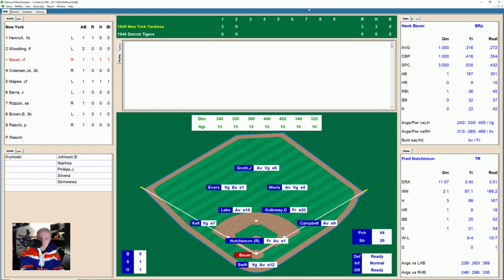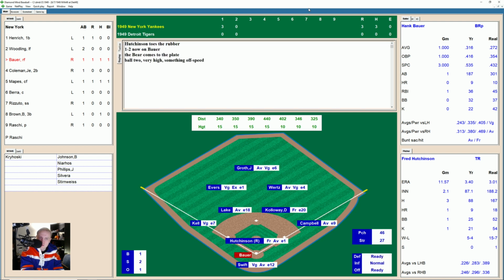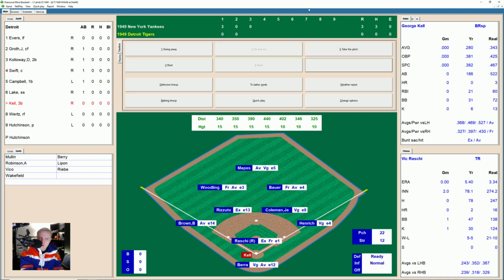Nobody on. Bauer tripled last time up, takes a strike and then a ball. Fouls that one back. It's 1-2. And that's off speed, misses the play, 2-2. That's hit over to right field, and it's an easy play for Wirtz, 2 away. Here now, Jerry Coleman. Coleman 0 for 1 today, hitting .324. There's a strike on him. It's a ground ball over to Lake at short, who throws to first, and we go to the bottom of